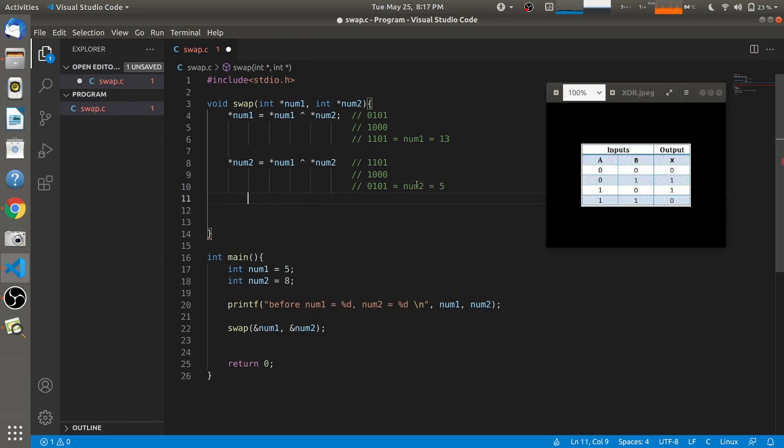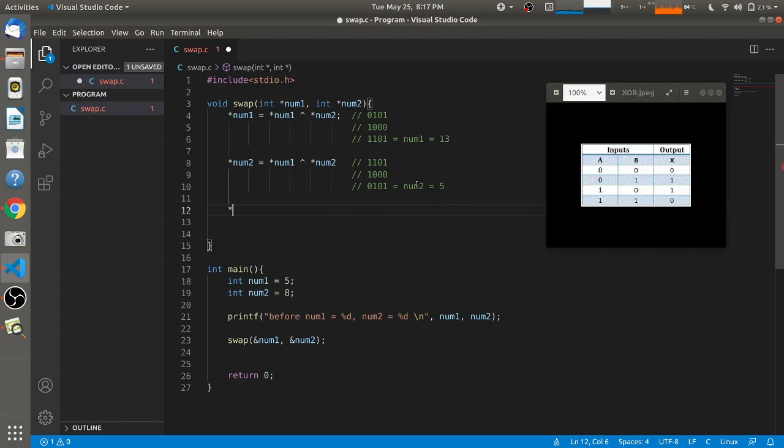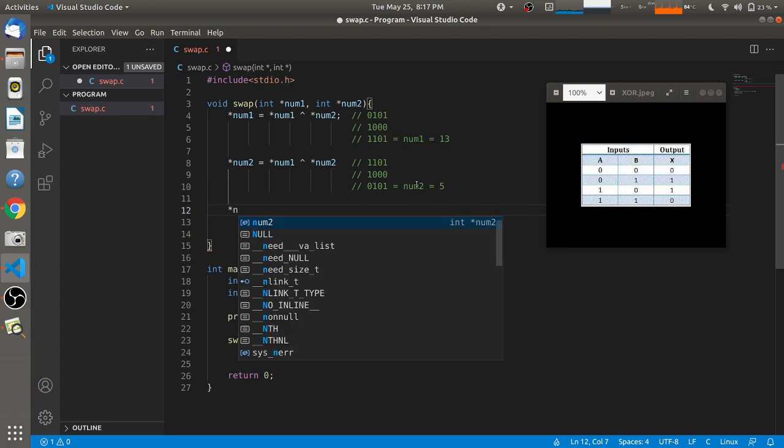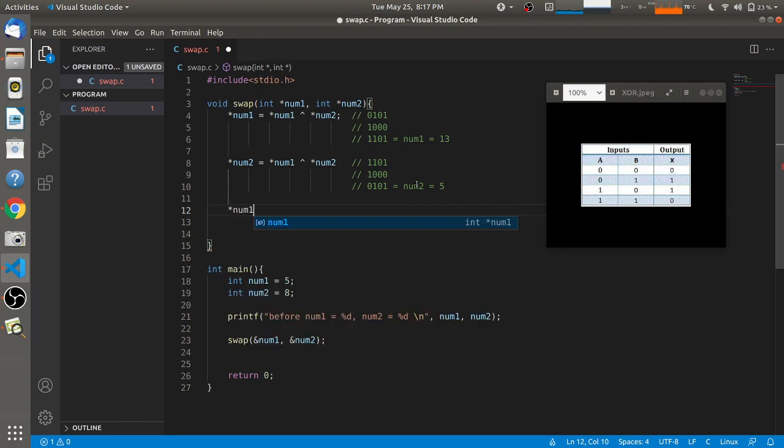On the third line, we do the same operation, that is num1 equal to num1 XOR, which is on the number 6 on the keyboard, num1 XOR num2.